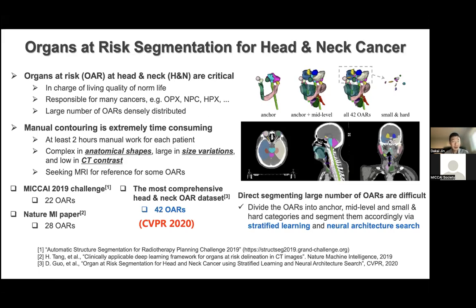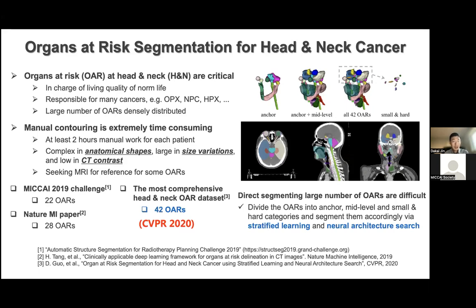and neck organs at risk. And there are also large anatomic shape variance, size variance, and contrast variance within these organs at risk. The right part shows some 3D rendering of the organs at risk, as well as the 2D figures. And often the physicians need to refer to some other imaging modalities to better handle this segmentation